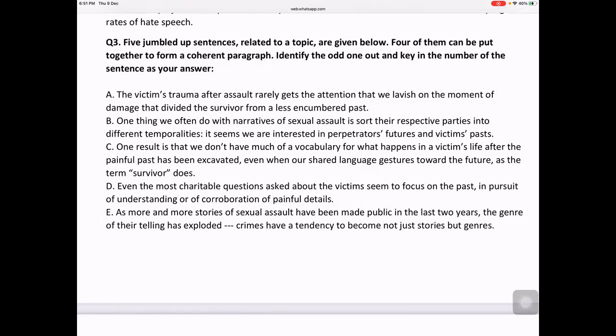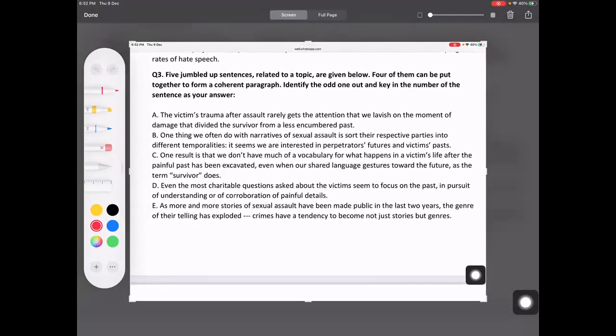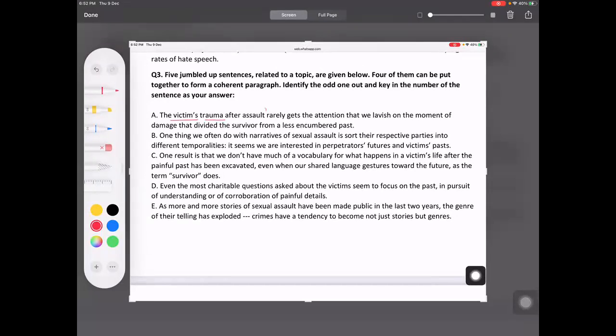Yeah, Shreya, done? Ma'am, I think it will be A. A. Okay. How did you find this? A was talking about the victim's trauma after assault. Rarely gets the attention. That means whatever assault has been done to the victim, that doesn't get the attention that we lavish on the moment of the damage that divided the survivor from a less encumbered past. What happened in the past, we are focusing on that part,